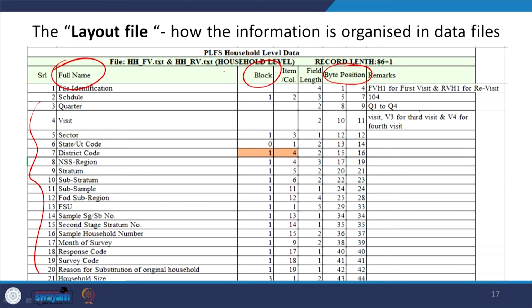So, block information, as I mentioned, different blocks are there. Let me also refer to the example of our data set on enterprises called the Economic Census. The Economic Census is the data set for all forms of enterprises, informal as well as formal, and it keeps all the states as the blocks. During that time, 28 states were there, so 28 blocks were there.